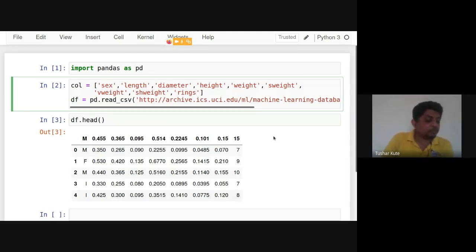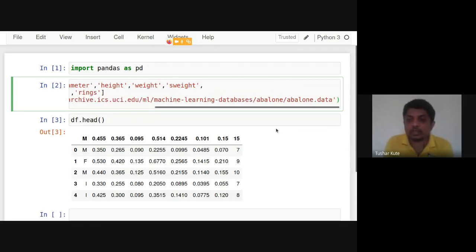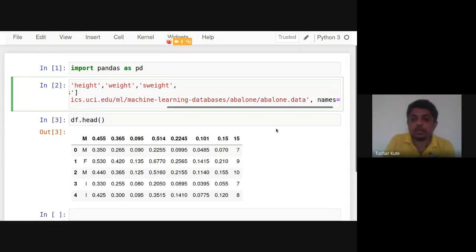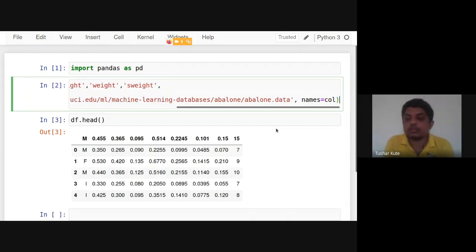Fine. Now what will we do? These names I want to assign to the columns here. So what is required? After that, I'm giving a parameter names here. Names equal to COL.